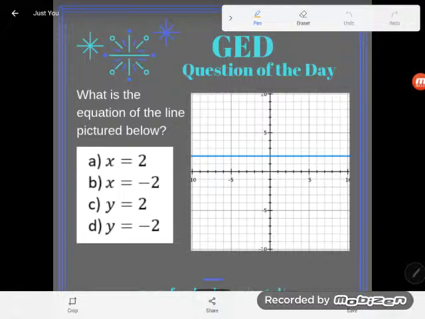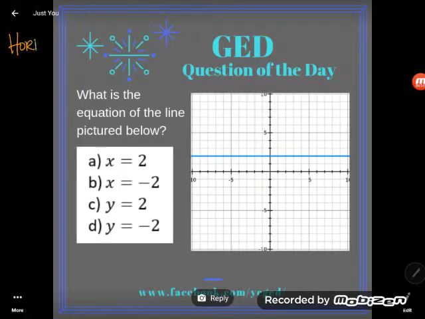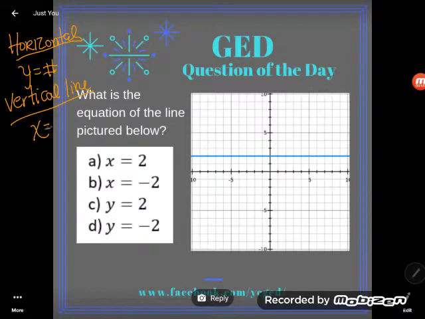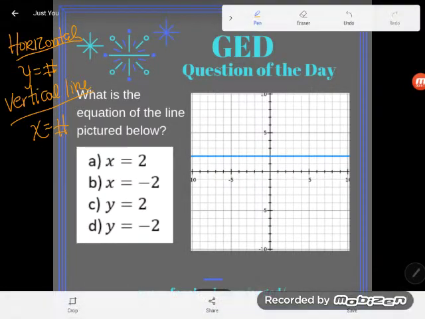We have horizontal lines and we have vertical lines, and the way their equations look are always the same, like you can recognize. But there's a lot of students who, no matter how many times I ask them to memorize that a horizontal line is in the form y equals a number, and a vertical line is in the form x equals just a plain old number, no matter how many times they memorize that, it doesn't make a lot of sense to them. And so they mix it up, they forget for the test, and they get really confused,